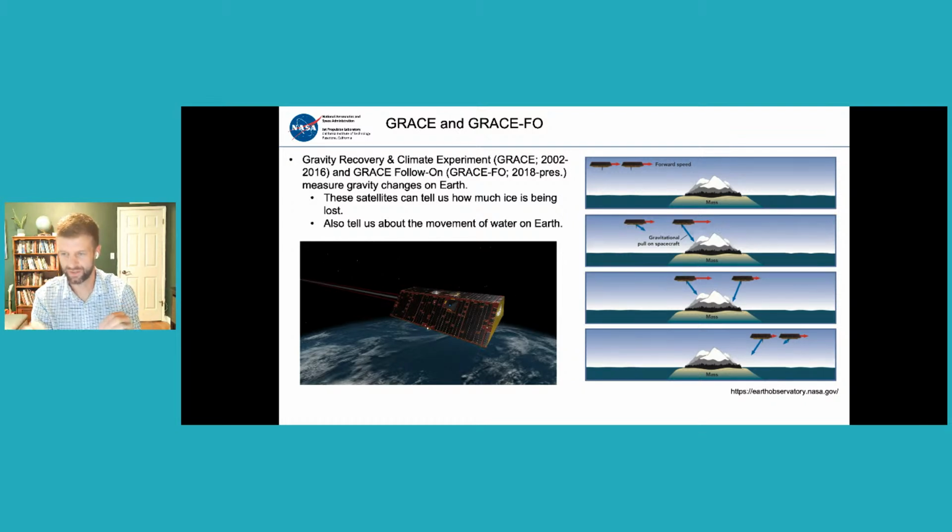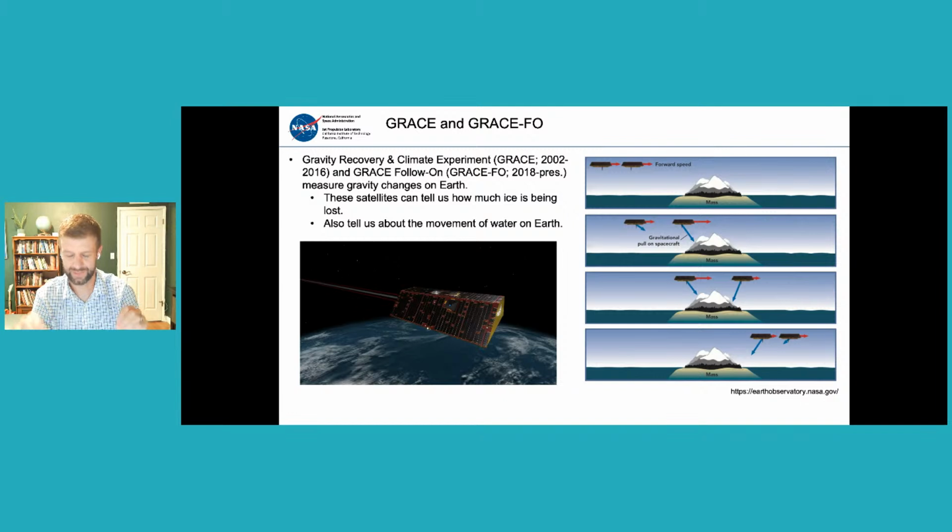Now in that third panel, as the first satellite passes over that mass, it gets pulled back towards it and the other one gets pulled towards it. So again, these two start to close in distance to each other. So that gap closes. And that's what you can see in this bottom panel. You've kind of returned to where you were in the first one, right? So there's a constant interplay of these satellites moving back and forth.